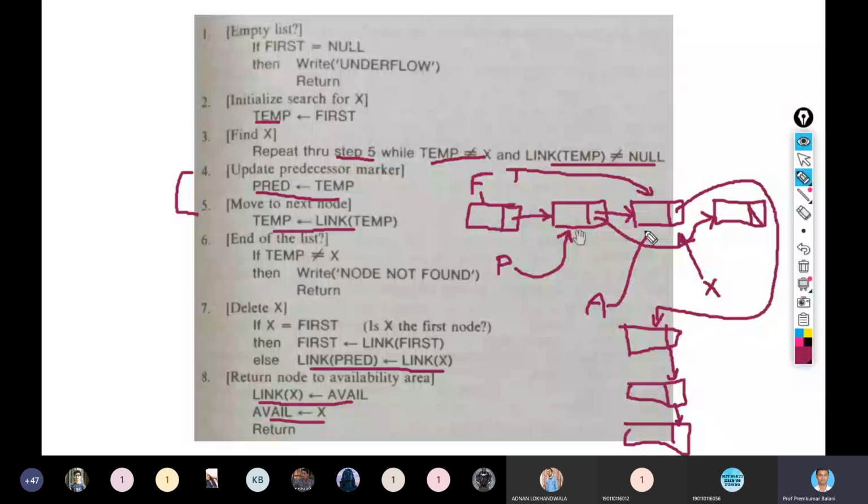Are you getting this? So now you can see I have a list of 3 nodes. This is also overwritten. Okay, and let me remove this temporary pointer so that it becomes more clear to you.